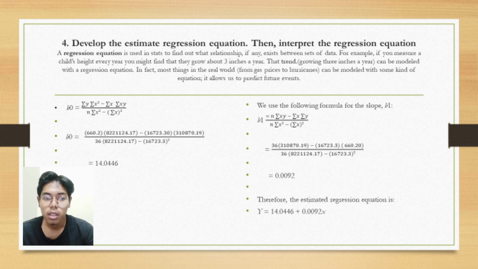Then we will use the following formula for the slope, B1. First, 36 multiplied by 310870.19 minus 16723.3 multiplied by 660.20, then divide by 36 multiplied by 8221124.7 minus 16723.3 squared. Then we get the answer 0.0092. So therefore the estimated regression equation is y equals